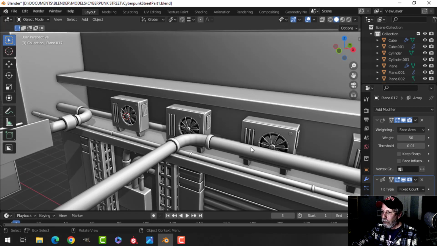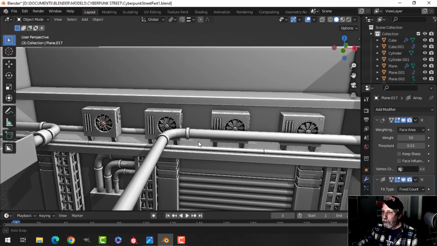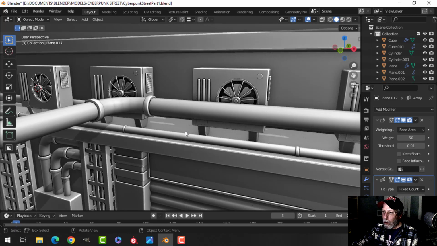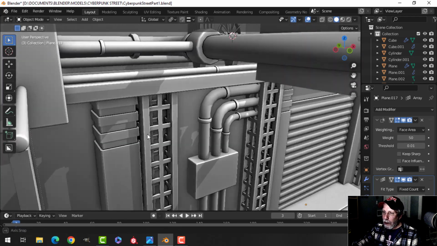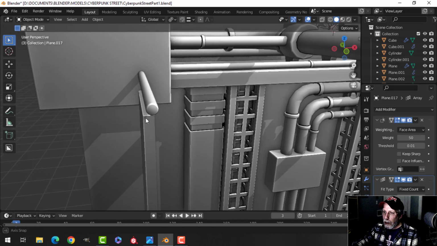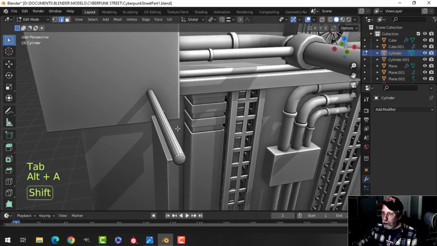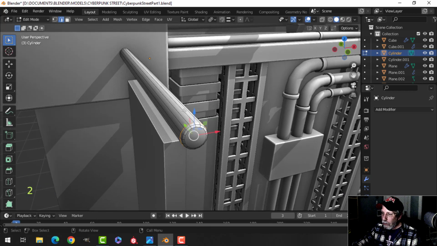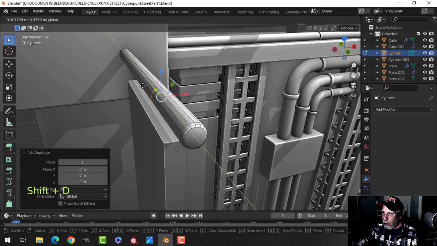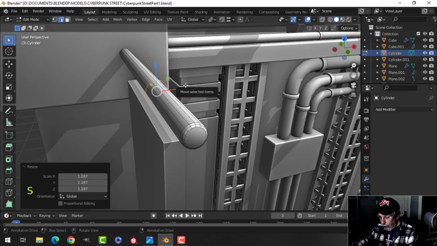Okay, so those back, and this is what we have. Just for a bit more detail there. All right, let's come over here now to this, and I'm going to make some kind of a connection. I'm going to take that circle, Shift D, slide it down and scale it out a bit, P to break it out, and really simply,